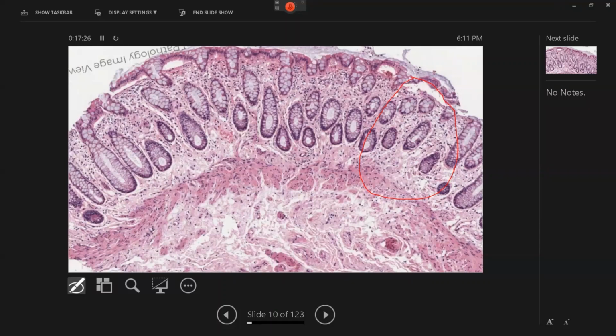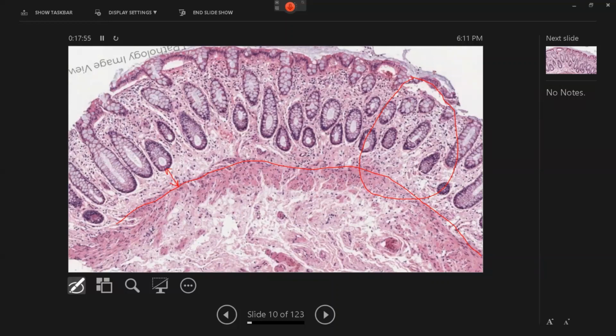That shouldn't be the case. The other feature you can also see here is the muscularis propria over here. And obviously you can see that the base of the crypt doesn't reach it, right? It's not touching. And that's quite universal.